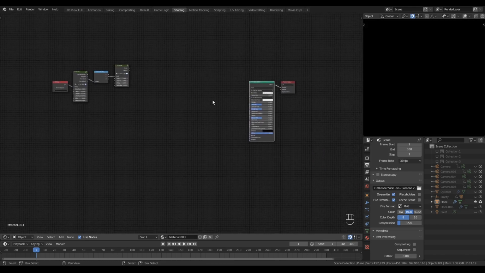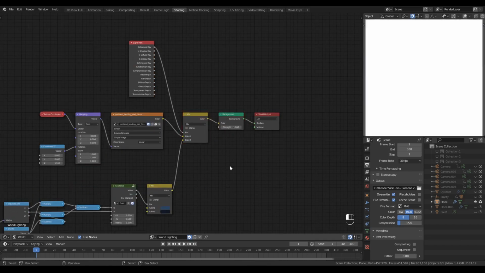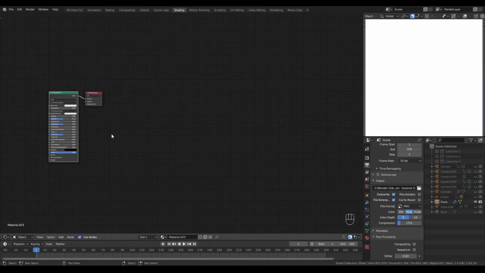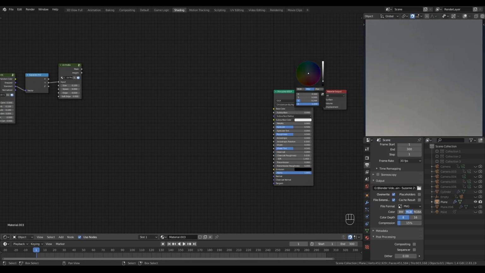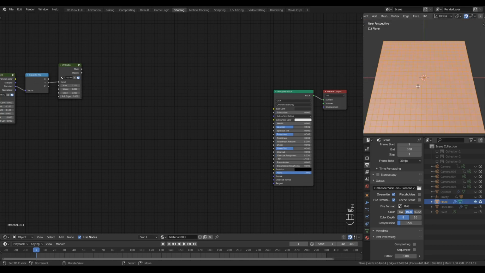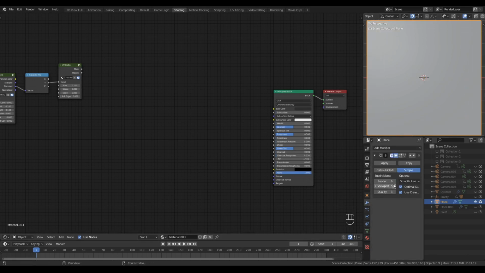And let's have a quick look at a displacement preview of what we're actually doing here. I'm going to turn on my world lighting. I'm going to reduce or tone down the color of this plane for a second. I'm also going to subdivide the plane. So I'll tab into edit mode. It's already subdivided. That's a subdivision by 10. And I have a subsurface modifier. I'm going to set the viewport levels to 4 and the render levels to 5. That should work. Let's go to Cycles